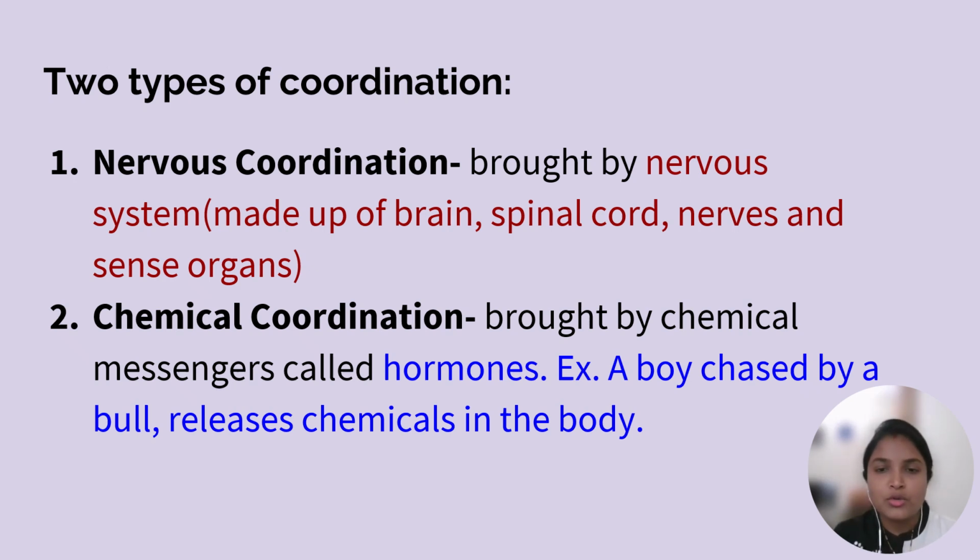Hormones, where are the hormones coming from? They come from the endocrine glands that are situated again in the brain, but here the brain is not involved, here the hormones are involved. For example, in the third picture that you saw, the adult man was running out of fear, and when he was running out of fear, some chemicals were released into the bloodstream, and that chemical helps the man to run very fast.